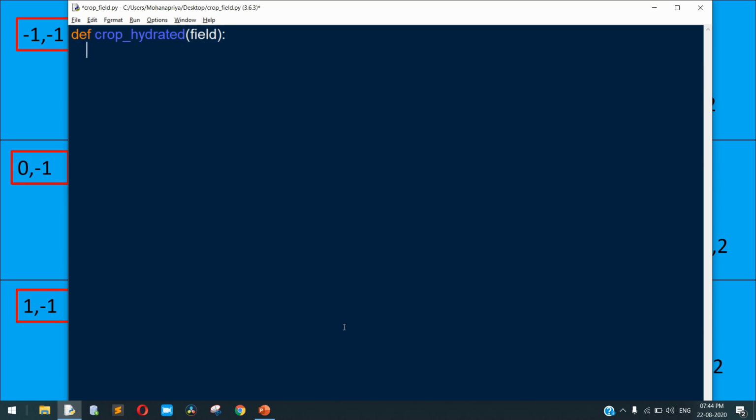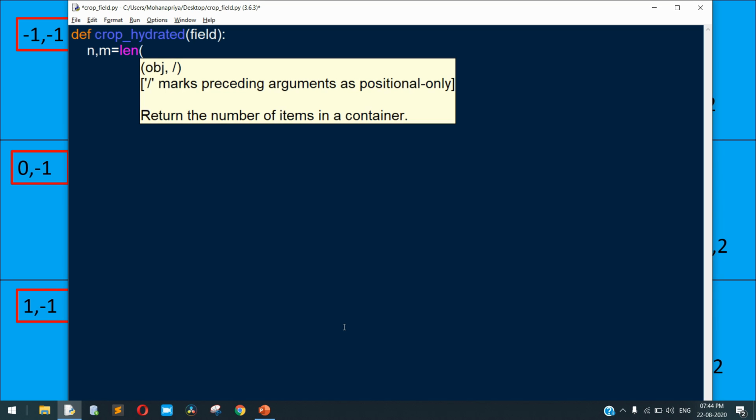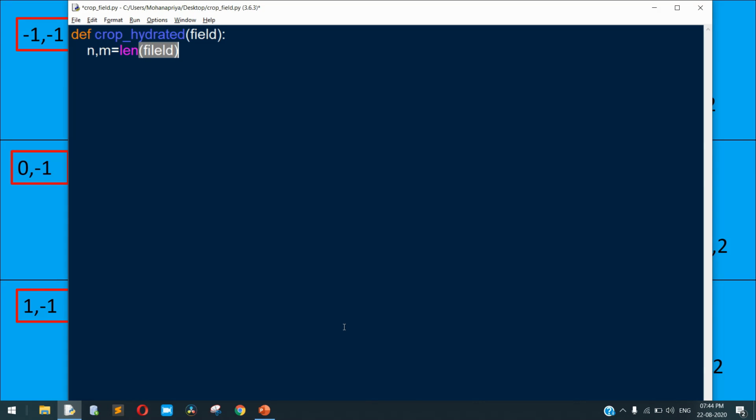First we need to calculate the rows and columns. We can keep the number of rows in n and the number of columns in m. We can calculate the rows as the length of the field, and the number of columns as the length of field of 0.